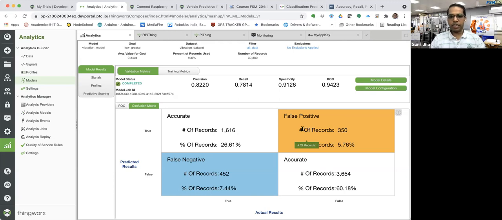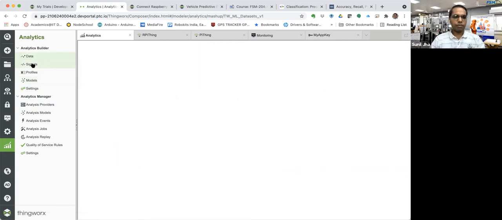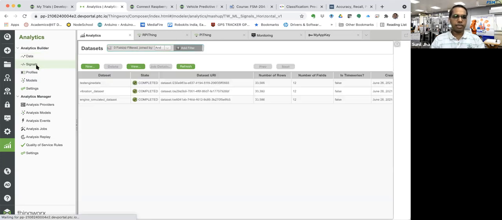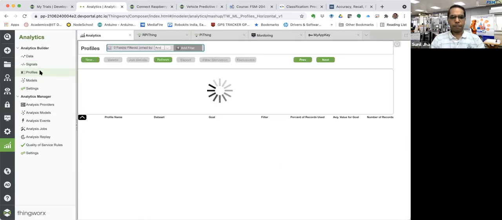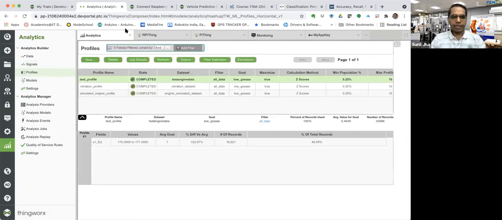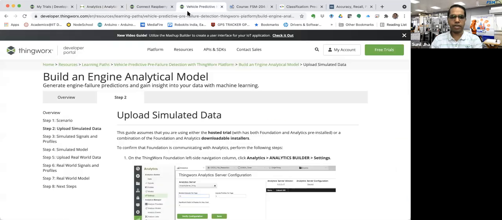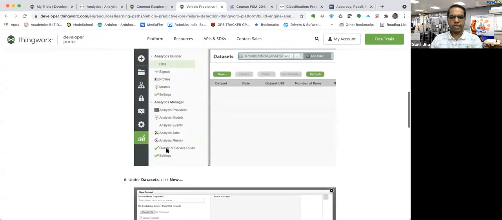So any question till here? Or do you understand the quick steps? Because it's very simple. You have to bring out the data. You have to just do the exploratory analysis using the signals and the profiling so that you can choose the right sensor inputs over here. In fact, in this example, you will realize that in the exploratory data analysis itself, it has been observed that the sensor 2 data is not making much impact on the low grease level. Those steps, I suggest you follow on your own and you can understand that.